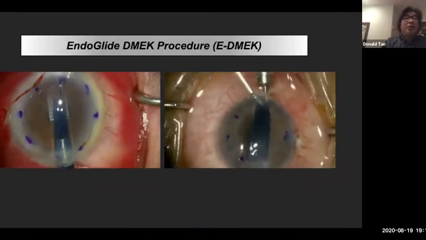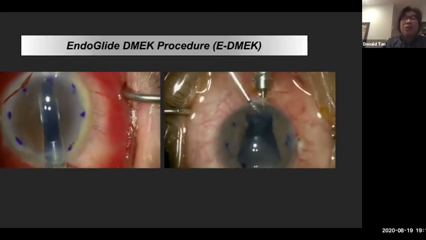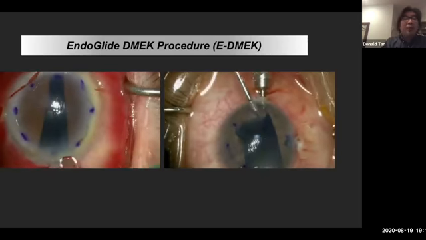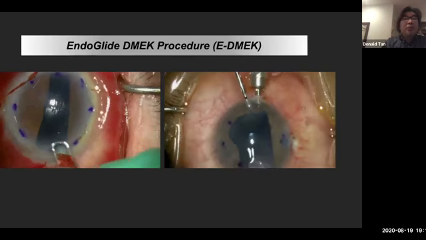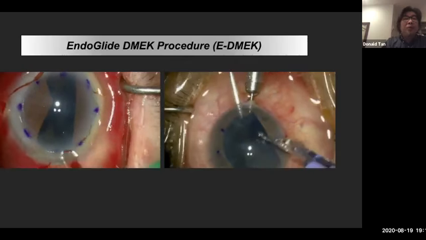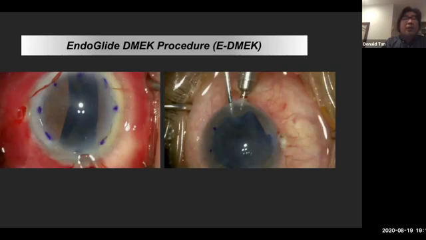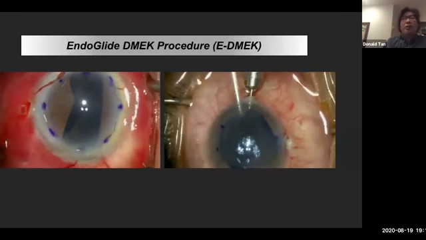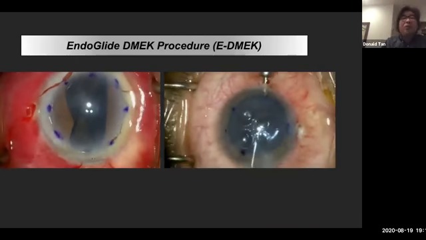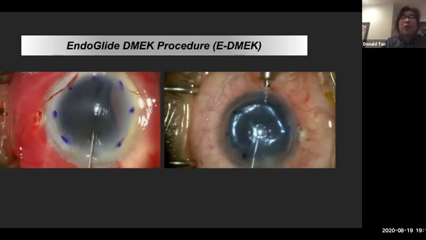tissue. And I'm basically bringing the tissue to your AC maintainer, which is on very, very low flow. The chamber is sort of semi-shallow here. And as you can see, it automatically starts to uncoil. And I'm using the tip of the endoglide really to just close the wound briefly each time to deepen the chamber, and that allowed the tissue to uncoil. And if one side doesn't uncoil, then you can just inject an air bubble underneath. So this creates quite a lot of control in the situation. You can have challenges sometimes, but generally a lot more control and less risk of donor eversion.